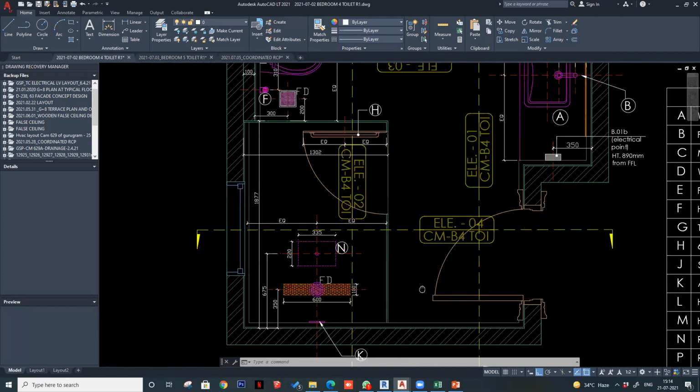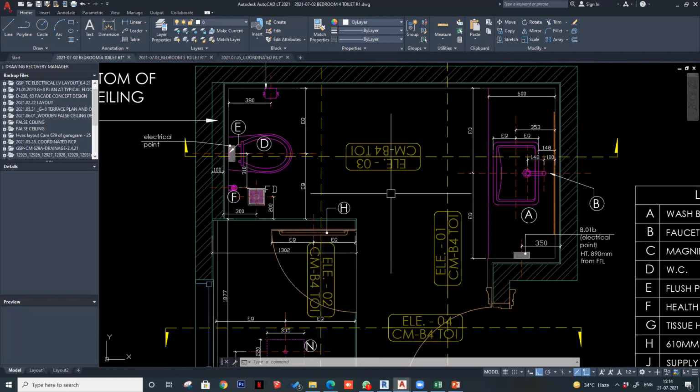Then another important thing while giving your dimensions is that you'll have to figure out for what fittings you have to give dimensions from the finished level, and for what fittings you have to give the dimensions from the raw wall.